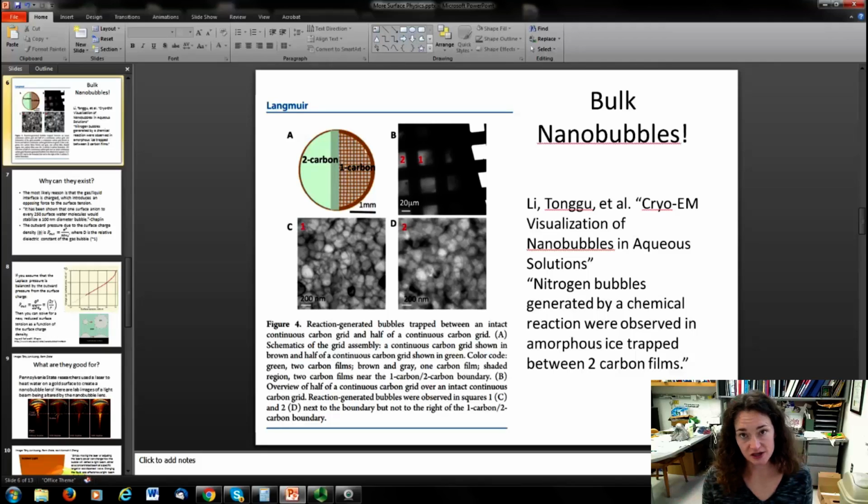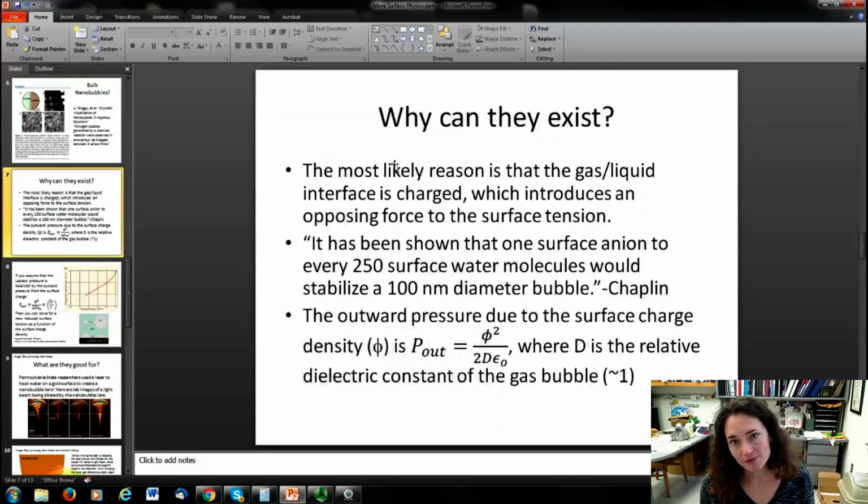So nanobubbles exist, right? It's been proven, it's been shown. It's been shown in a lot of other papers that not only can nanobubbles exist, but they're actually pretty stable sometimes, okay? So if they're within a certain size regime, nanobubbles can not only exist for a fleeting moment of time, but they can stay and be stable for weeks. So why, right? Well, there have been a lot of different postulates put out, but the most likely reason